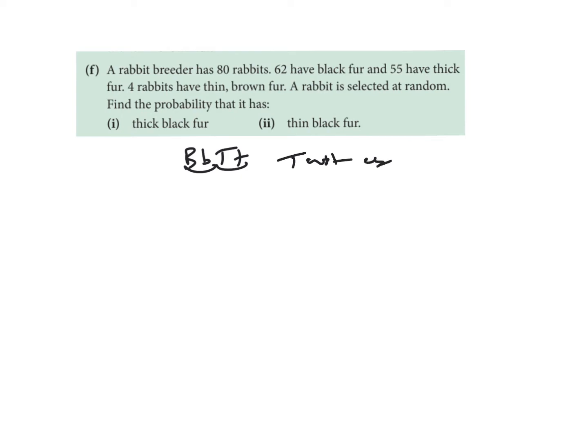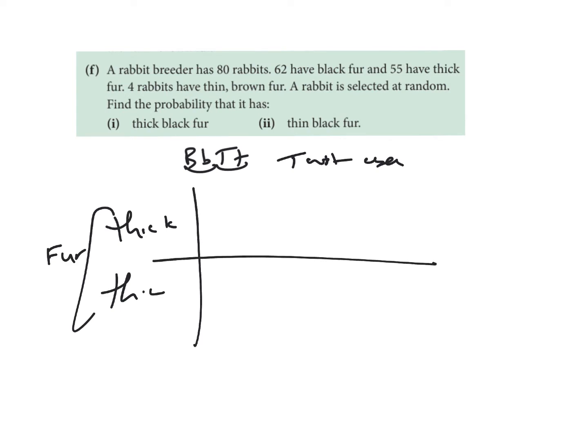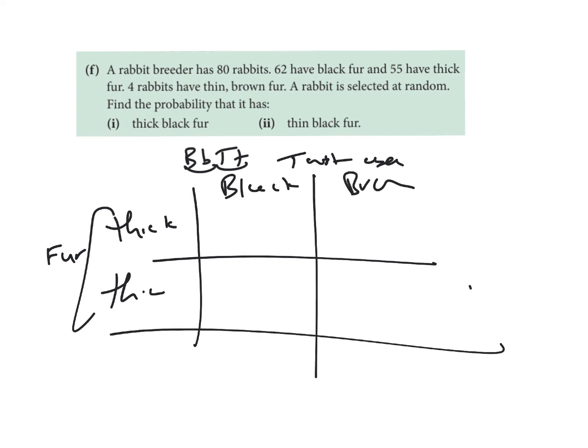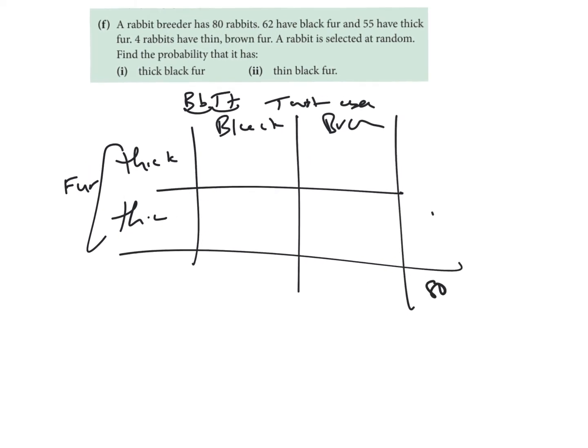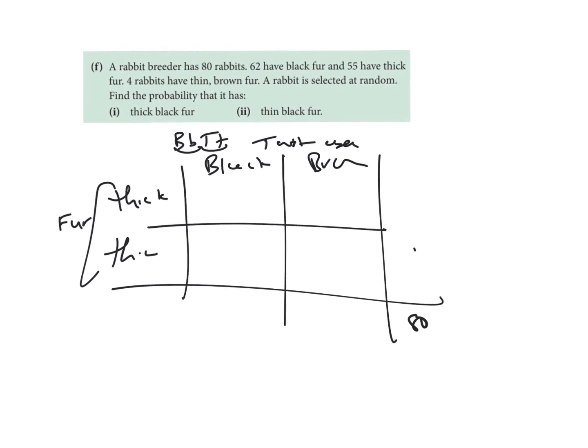Okay, and so what I'm going to do is do thick fur and thin fur. So this is talking about fur. And I'm going to do black and brown. I know that the grand total is 80. And so from the problem, I know that of these 80 rabbits,